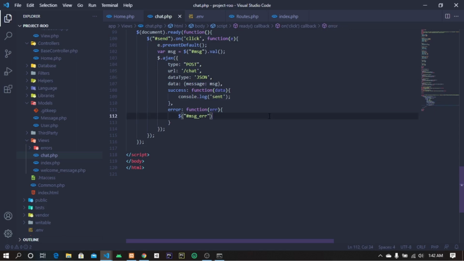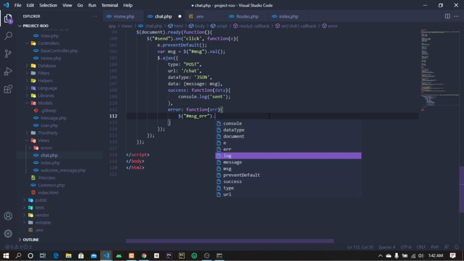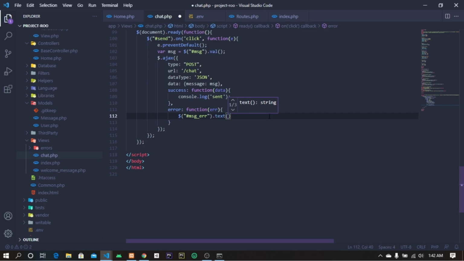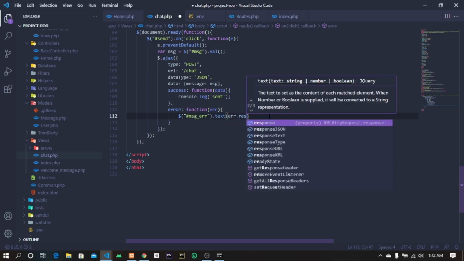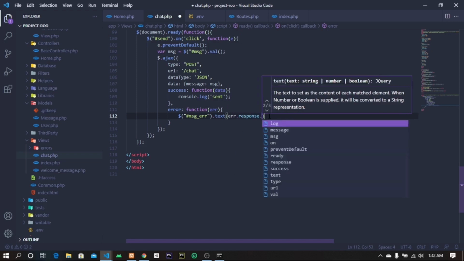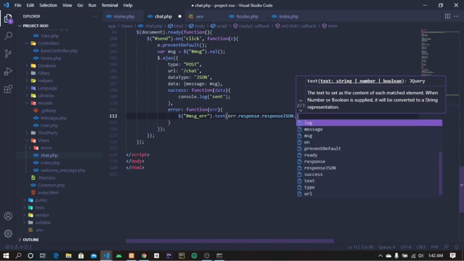We pass on the text, that is a jQuery thing already. So the text, then we pass the error, the response JSON